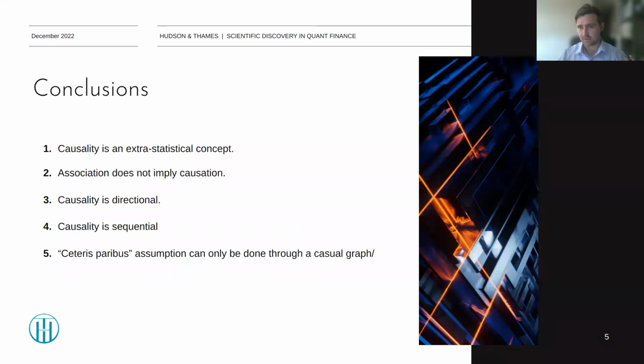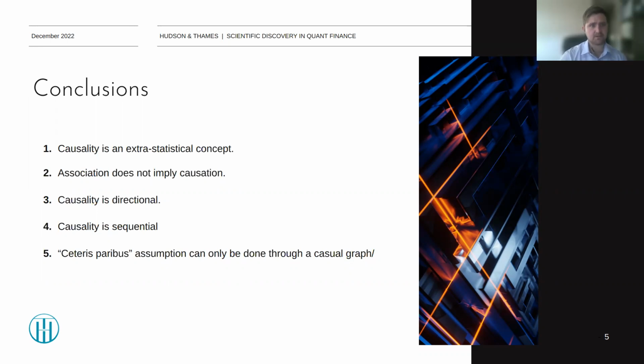So I just want to draw some conclusions, some takeaways from the difference between association and moving to causation. So causality is an extra-statistical concept. If you do Pearson's correlation, you can find that variables are related, but causality is a bit more complicated than just using normal statistics. If you think about p-values and those types of statistics, there's not really a straightforward way to measure the causality between the variables. There are some types of measures, and we'll get to that as well.